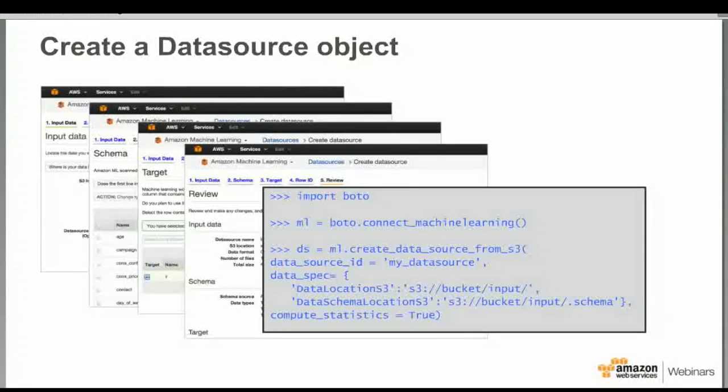You can work in whatever environment is best for your business. So what I'm doing here is I'm calling an API called create data source from S3 because I'm starting with S3 data. I create a data source ID, which is the ID that I'll use to refer to this data source later on. And I provide my location in S3, and I provide a location of a file